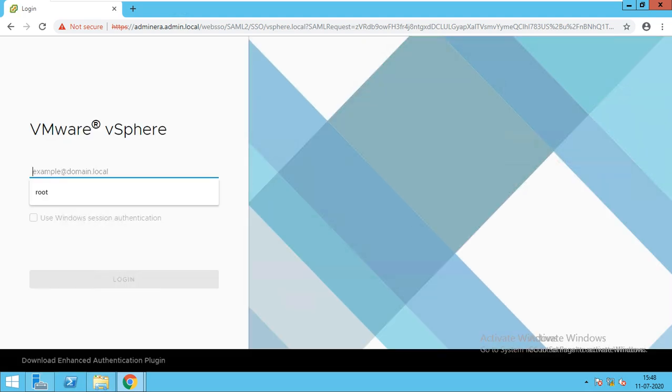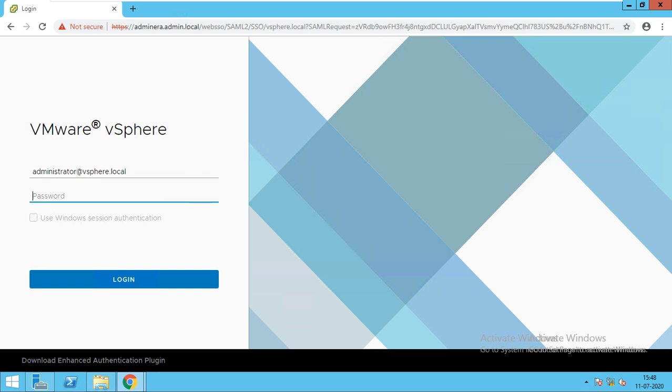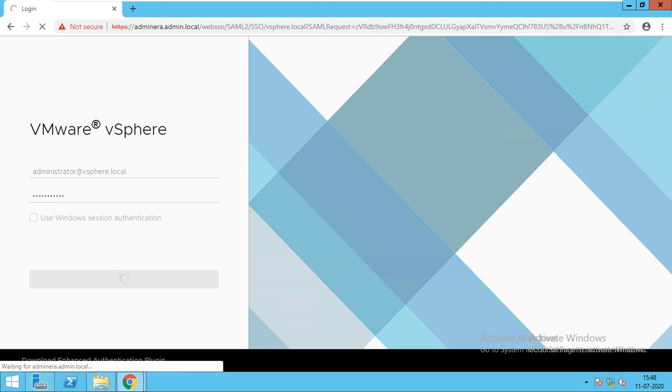We click on username, local, and then password. Sometimes after the configuration, you have to log in and log out of your machine, so the errors will go.